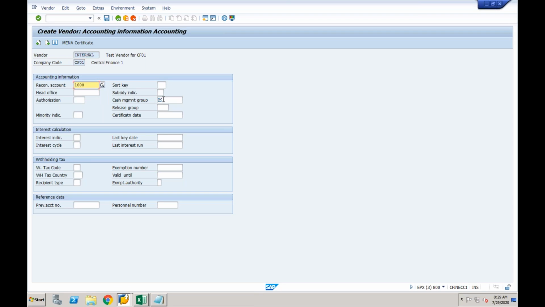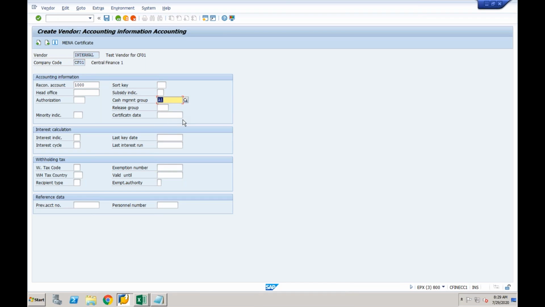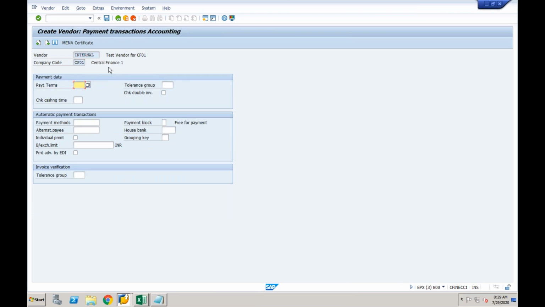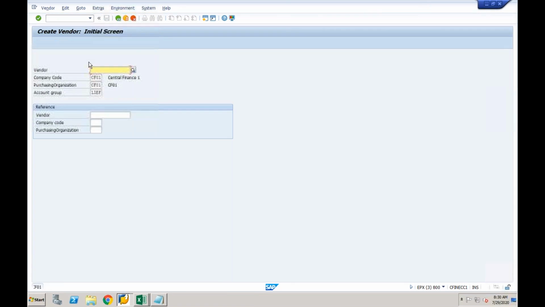Someone has made cash management group field as mandatory, so I'm just providing something here, A1, and try to save it. Order currency, let's say USD. So this vendor is also created for this purchase organization also. Okay, so which means vendor has been created. So now we have vendor as well as customer. We will just try to create one FI invoice for customer as well as vendor, and then we will proceed